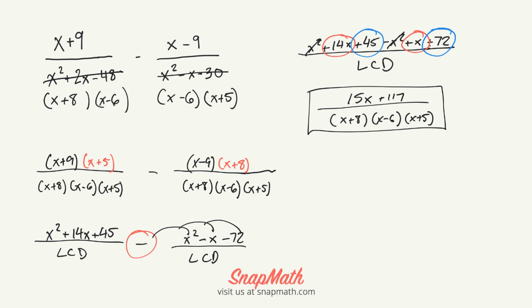Now, the restrictions part. So in our denominator, we have x plus 8, x minus 6, x plus 5. We cannot have 0 in the denominator, so x cannot be negative 8, positive 6, or negative 5. Because if it's any of those numbers, we will get 0 on the bottom and we'll have an undefined problem. So we can't have any of those. So x can be anything but negative